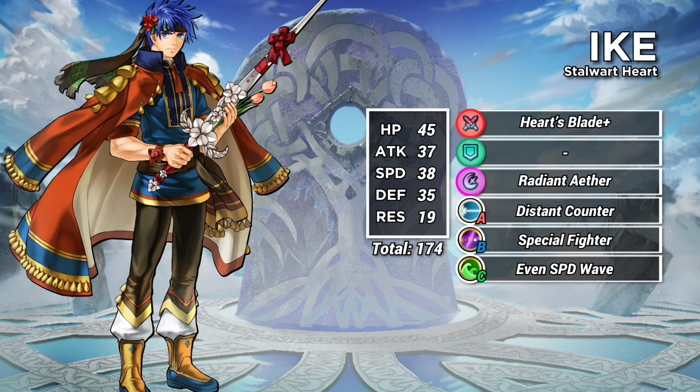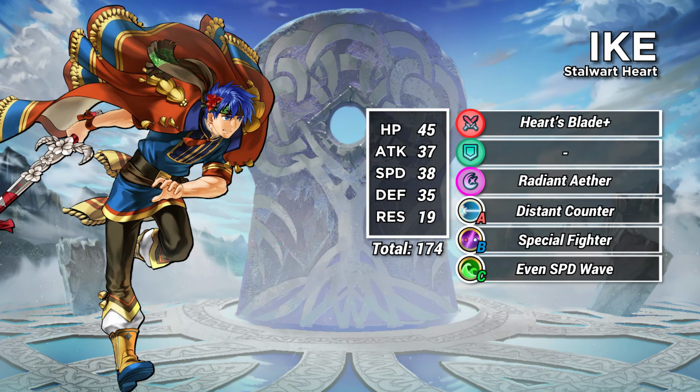In other words, Valentines Ike can use any generic sword, and it doesn't affect his special timing. He will always be able to use Radiant Aether in a single round, and he doesn't need to tank a double to do it. Valentines Ike can keep his Heart's Blade, but this flexibility with Radiant Aether leans me towards